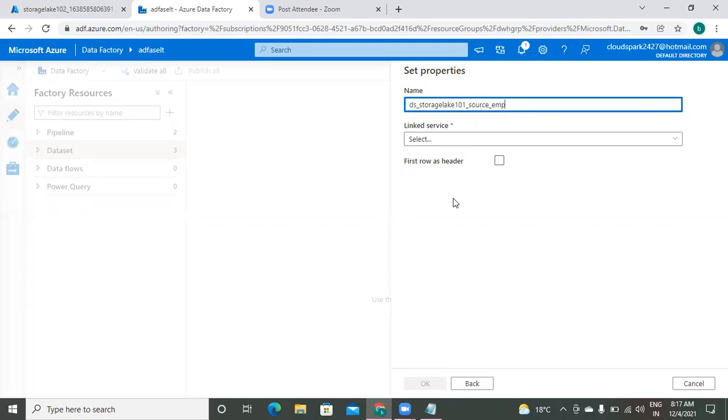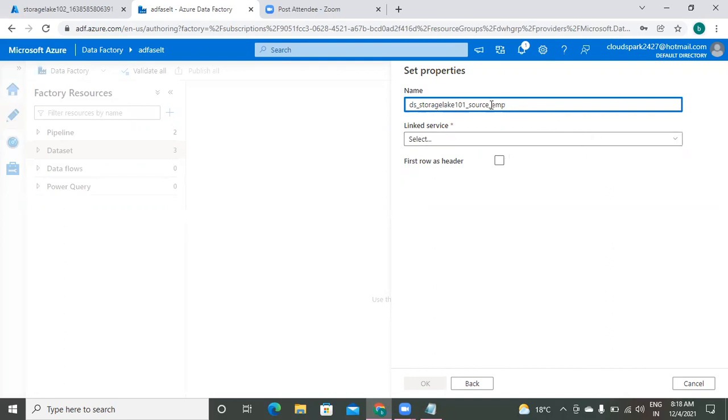By seeing this object name, we can understand something. If anything starts with DS, you can understand that it is a data set. The second is your storage account. The storage account can be a data lake or it can be another database. It can be anything. The third one is my container name. The fourth one is my file. Okay, in that way, there are some common standards. Of course, company to company, the naming standards will change. Understand? You have your own rule for your naming standards. I have my own rule for my naming standards. So just give any name. There is no rule, it's only a recommendation.